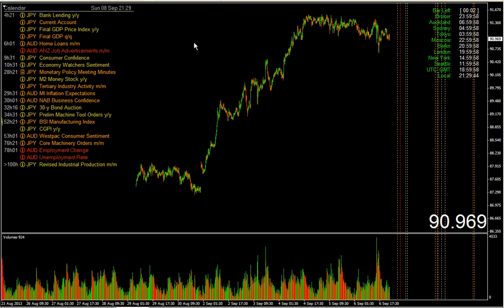Okay, here we are. Here I also tweeted the calendar of this week. Very interesting. In 4 hours, final GDP will come out. In Japan, the current account, of course, a big number, and Australian job advertisements. Consumer confidence from Japan will also come out tomorrow. Inflation expectations from Australia will come. Japanese money stock is also interesting, but much more interesting on Thursday.